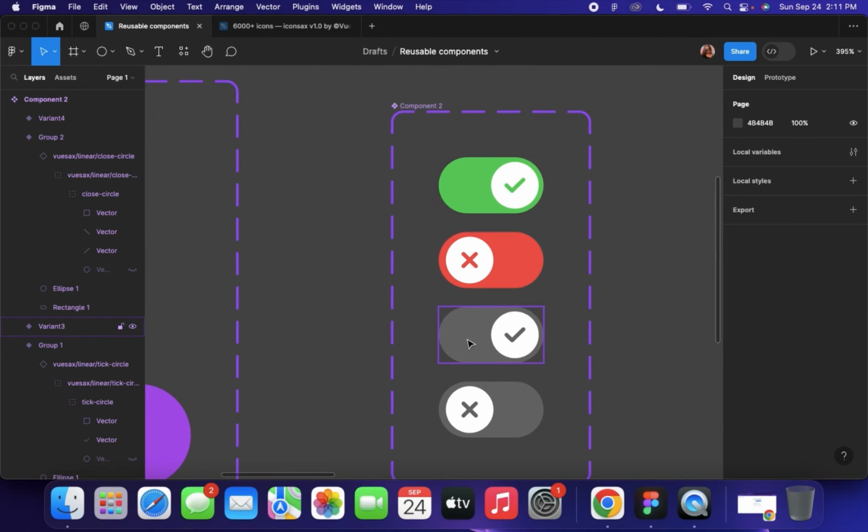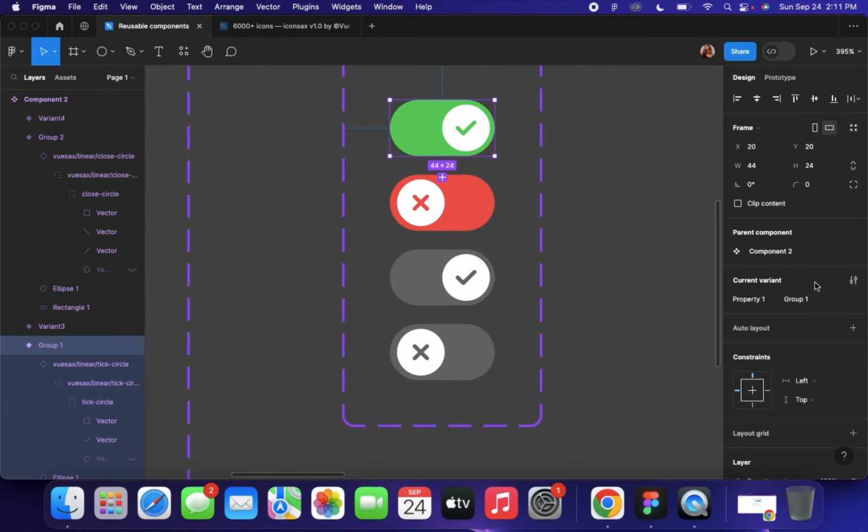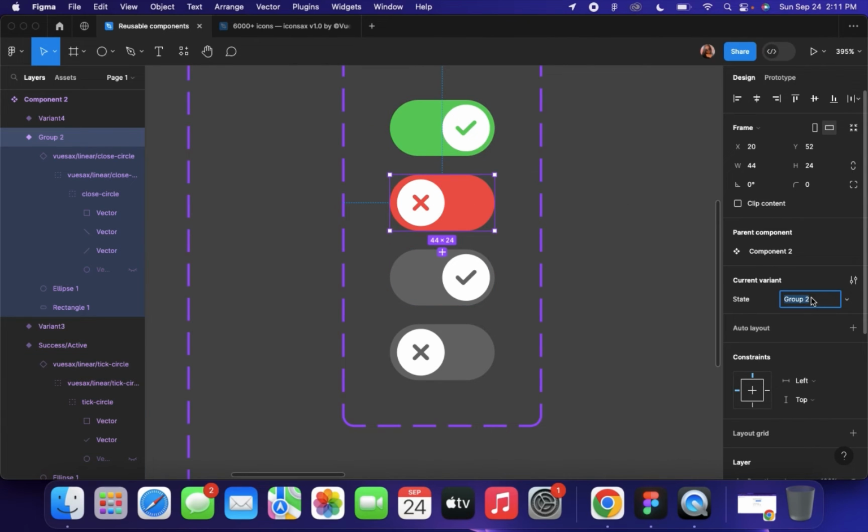Now I will assign properties to these 4 toggle switches. So for that I will change the property name to state and select this one, success, active. I'm assigning random properties to each of them like this. Failed, or maybe we can just